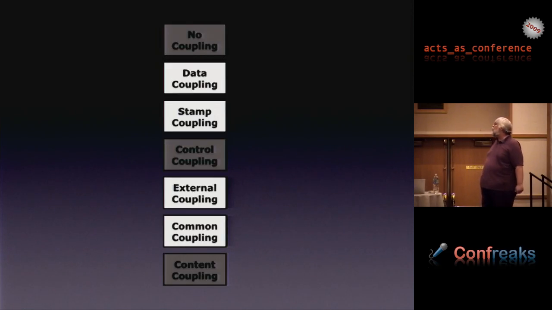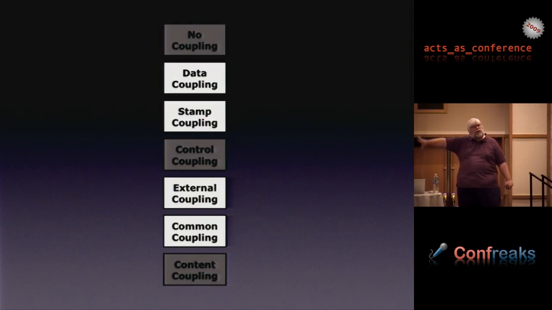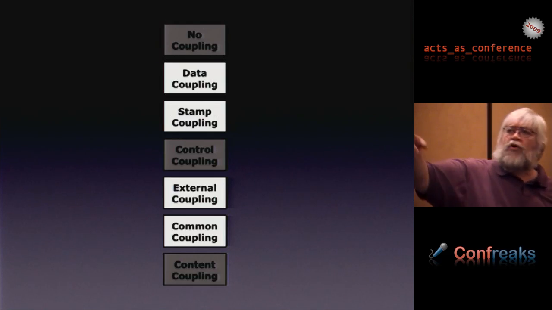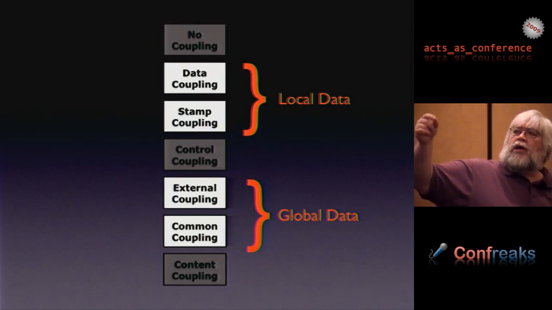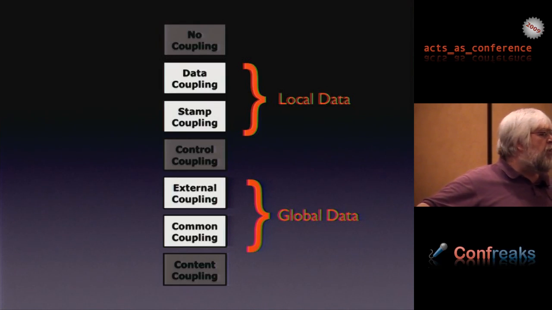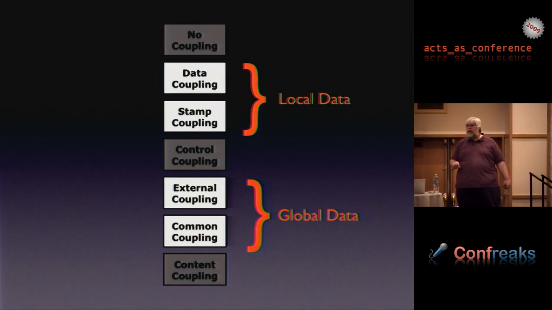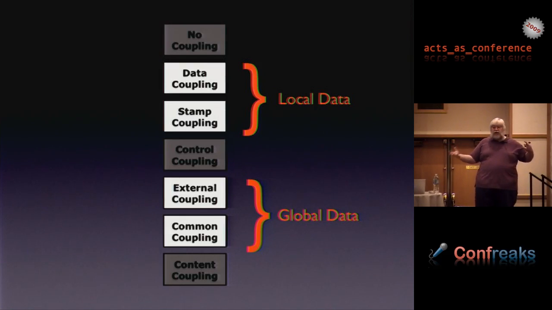Let's concentrate on these four. I'm just going to go over these briefly because I think they're good ideas, but I think we need to expand beyond these. These four look at two different things. First of all, they're grouped into local data and global data. Someone over here, I think it was you, said global data fixtures. That's why you don't like fixtures, because they are global data. According to Glenford Myers, when two modules share something that's global, they are very highly coupled together because they cannot work without that global thing being there.